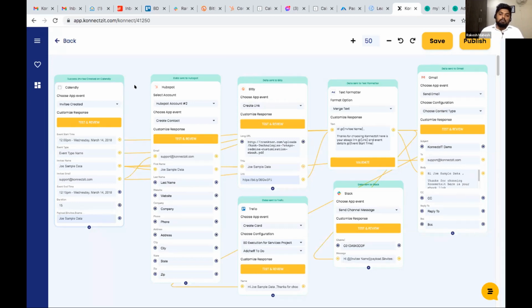You can add more, like sending an SMS, and build a more complex workflow than this. For all this you don't need any technical knowledge. There are also a lot of other options we are adding, like conditioners and an encryptor and decryptor. These will help users modify their data based on their complex workflows.